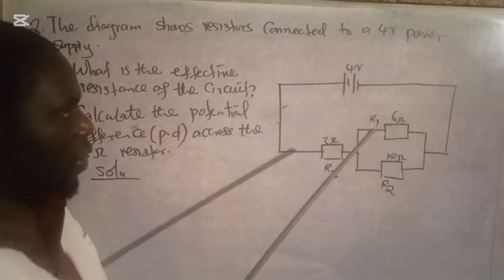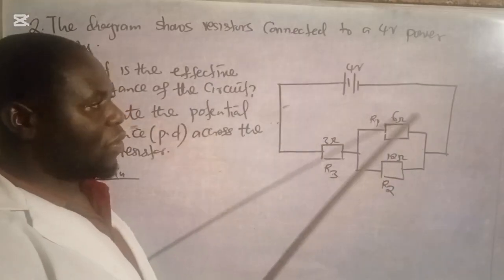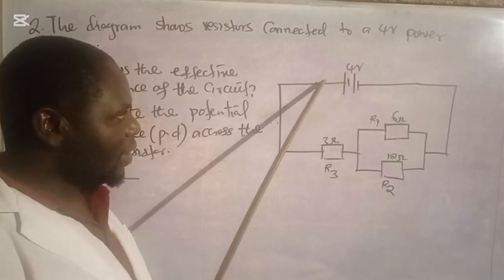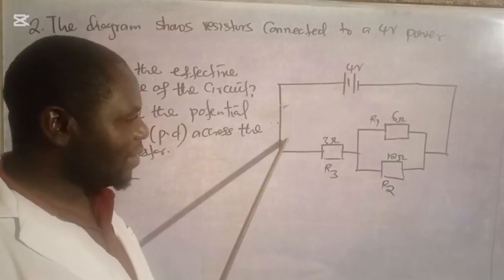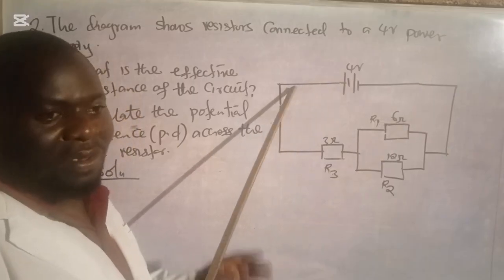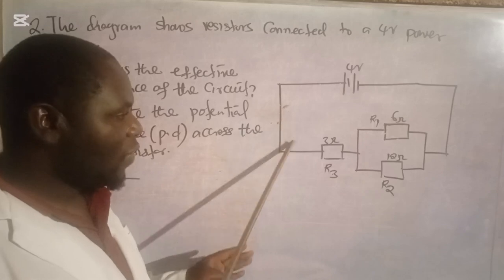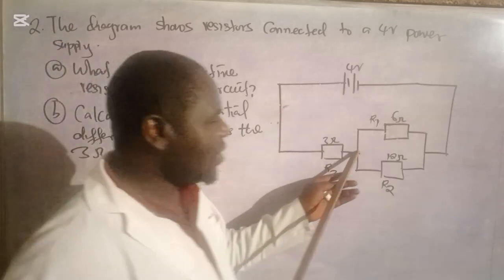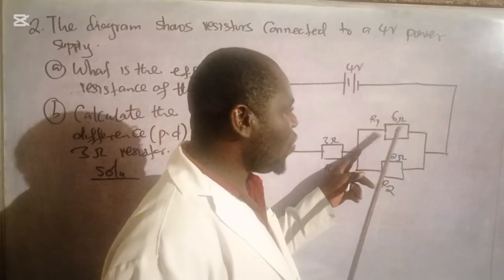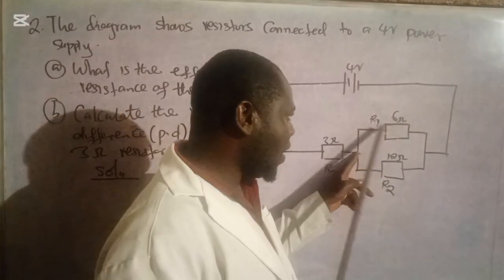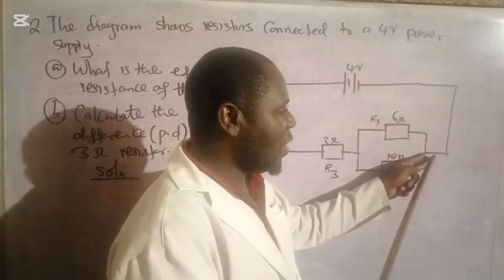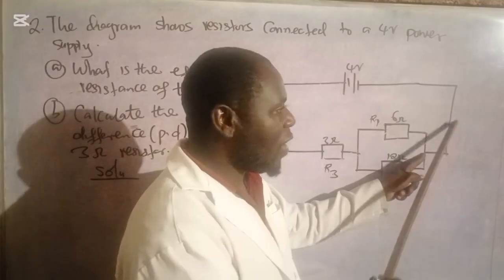First, we need to find the total current in the circuit, because the current here is the same as the current here, and here. For example, if the current here is 5 amps, it needs to be 5 because it is in series, right? It needs to be 5 here, 5 here, 5 here. But when it reaches this point, the 5 is going to be divided, but not equally, according to the resistors. Some current goes this side and the other current goes this side. Then when they come back together, they make 5 again.